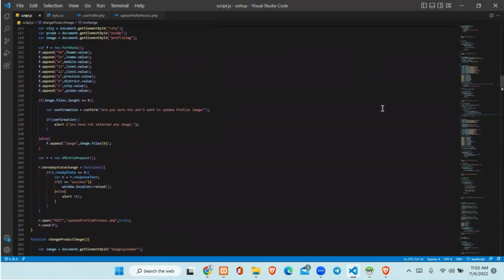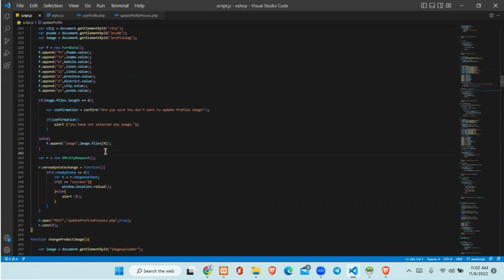I have also created a var f as new FormData and assigned these variables, the fname and so on, to other values as fn, ln, m, l1, l2, likewise. When I go down, you can see this part. This is the part where you get your profile image. I have given if